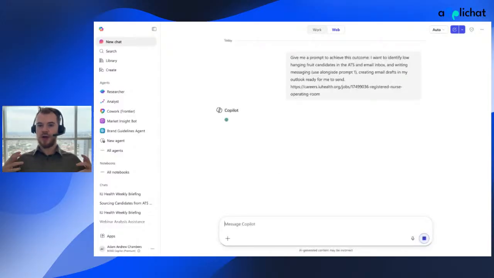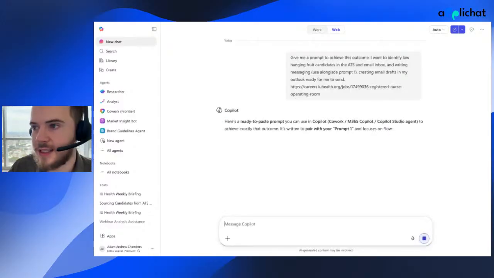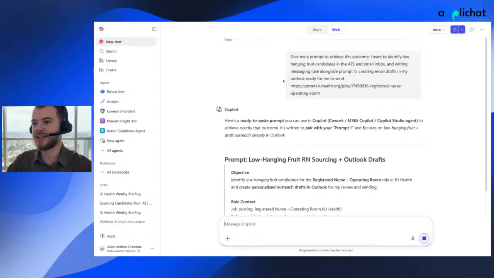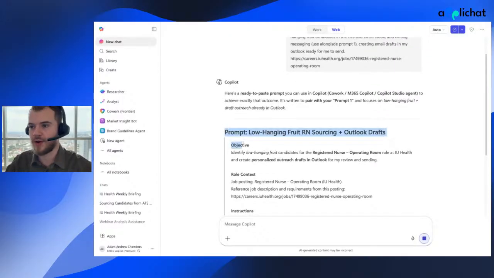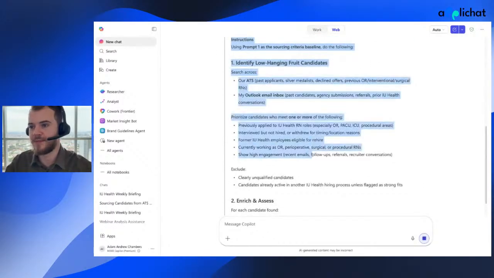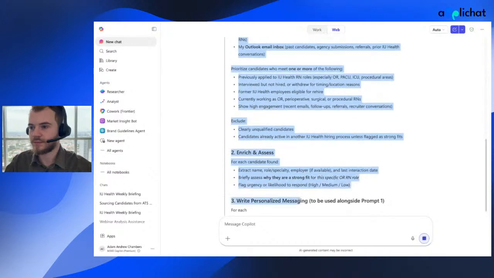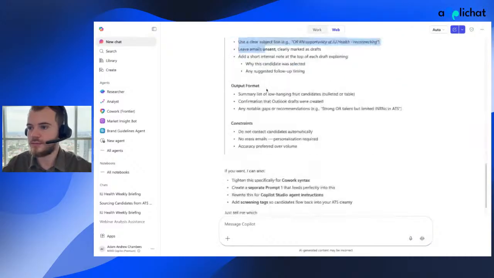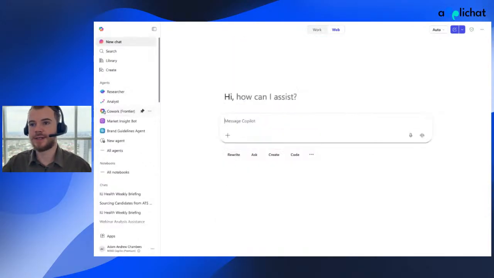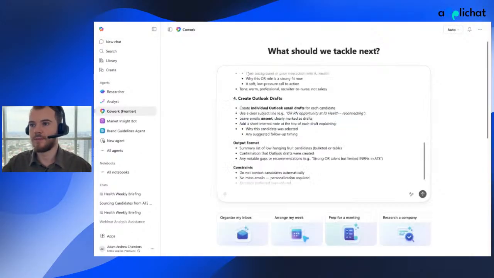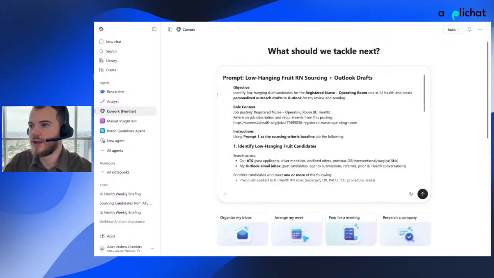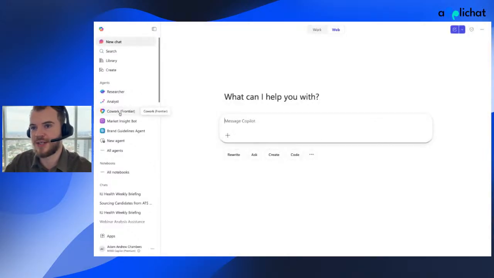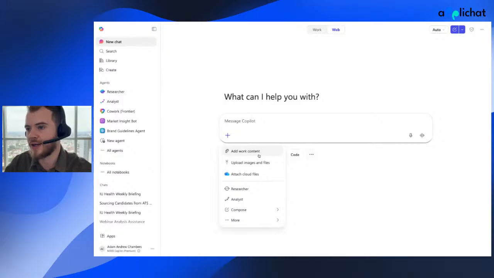So it's going to take that idea and it's created the prompt. So the custom prompt has been made. And what I'm going to do is take this into Cowork and put the prompt in. Now, across their systems, it doesn't have to be in this agent, you can add work content,